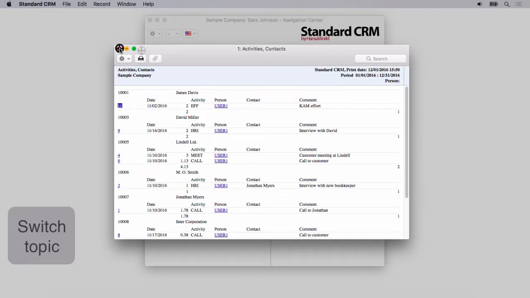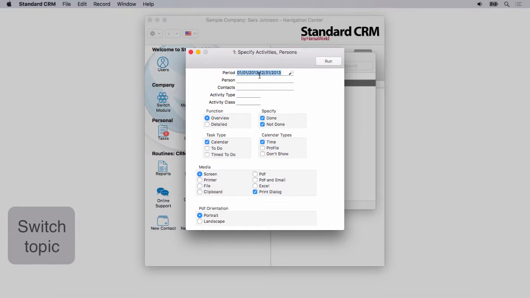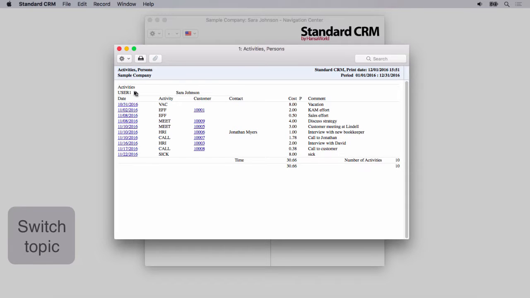Next, we will have a look at the Activities Persons report. This report groups activities per person, meaning users of your system, and also lists which customer the person dealt with. That way, you can track the activities of your employees and follow up on their work. When you run the report for your chosen period, you will see the name of the user at the top of a list of activities. On the left, you can see the activity date, followed by the activity type, involved customer and contact of that customer,